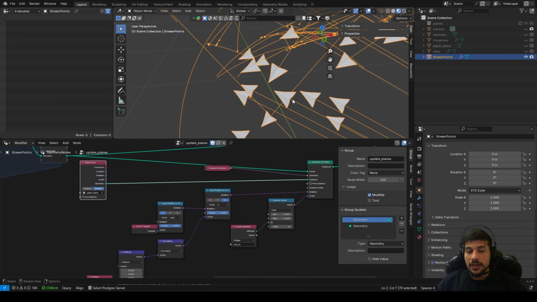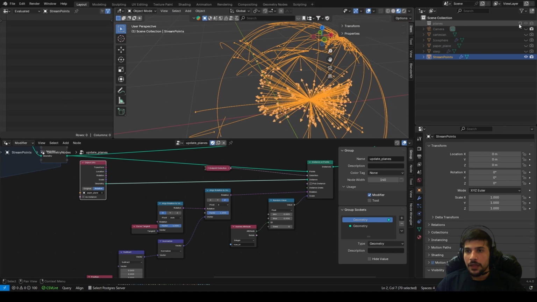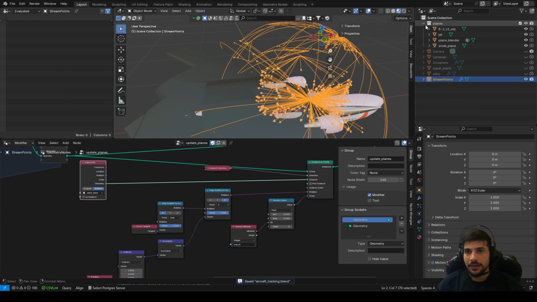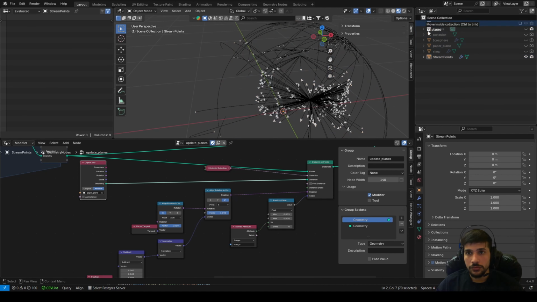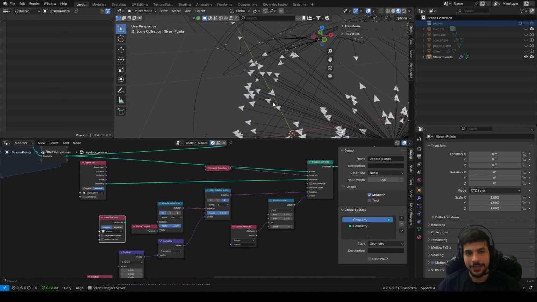Now, other than this, I've got a collection. I'm gonna just Control S to save here. I've got a collection of planes I've created. I'm gonna hide it because I don't really need to show it. I just need to drag it. Okay, I just need to drag it into the